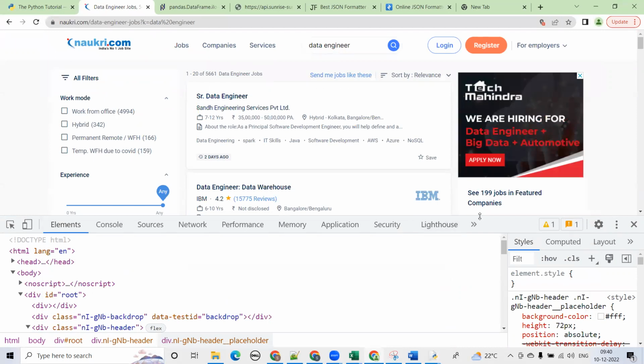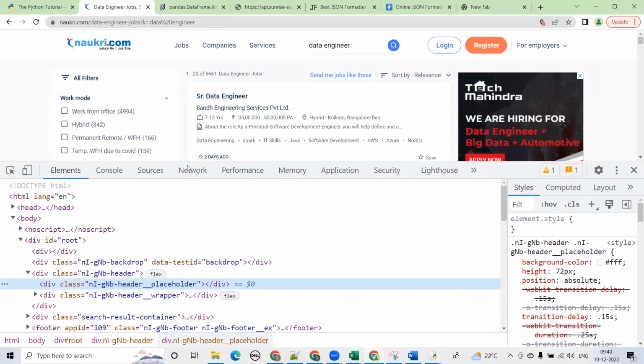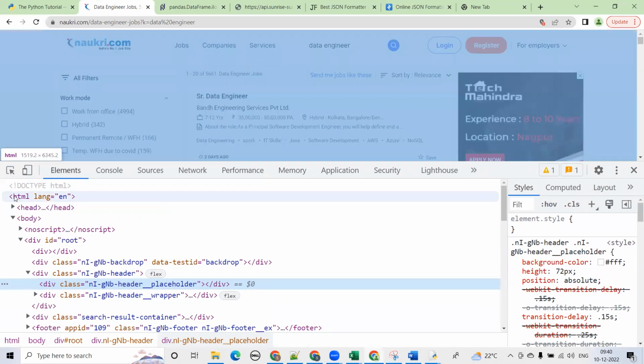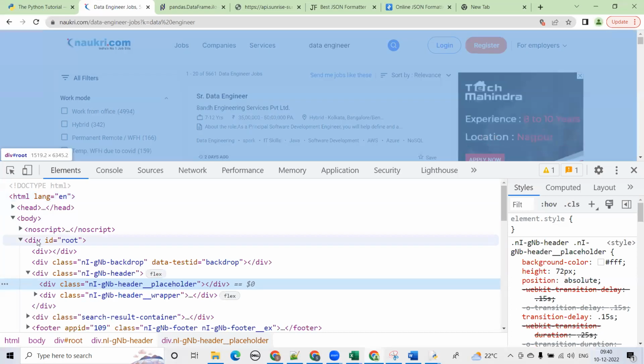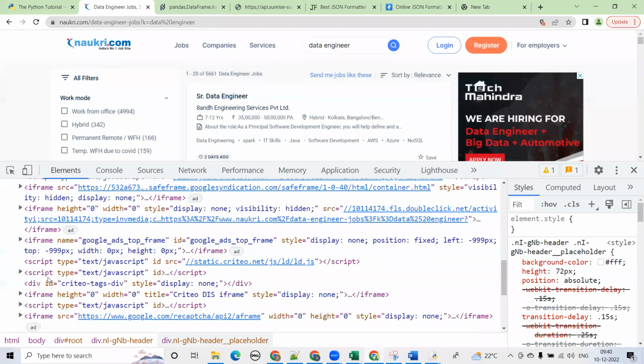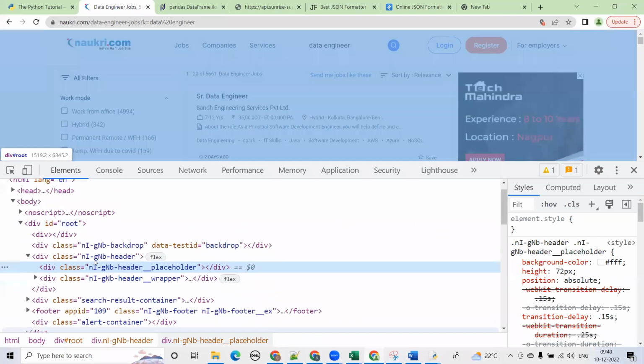And when you open this, you have the Elements tab, and then you see these tags. We have HTML, which starts with HTML, then we have head, then we have body, then we have different elements like div, footer, so many elements are there. Okay,